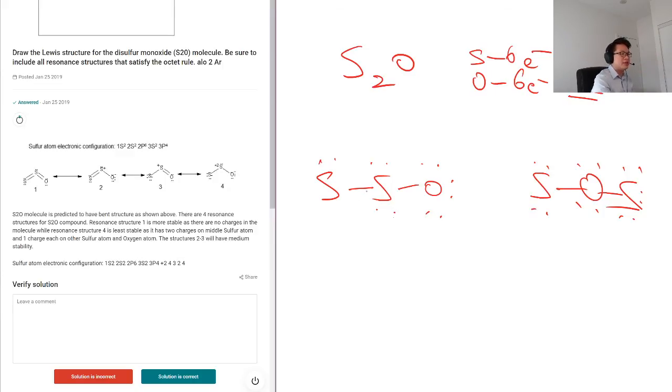All right, so we are going to try to fulfill the octet rule. So we are going to draw a double bond over here, and also a double bond over here, so we can remove the electrons. All right, so apparently only the one on the left can fulfill the octet rule. So 1, 2, 3, 4, 5, 6, 7, 8, 9. So we have 8 electrons over here. We have 8 electrons over here. And then for oxygen,